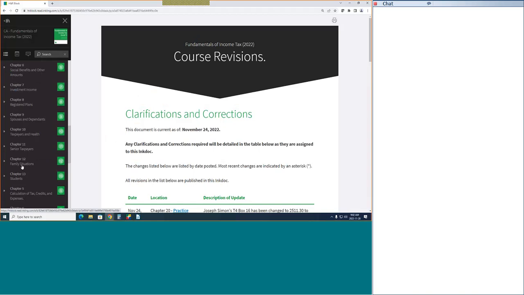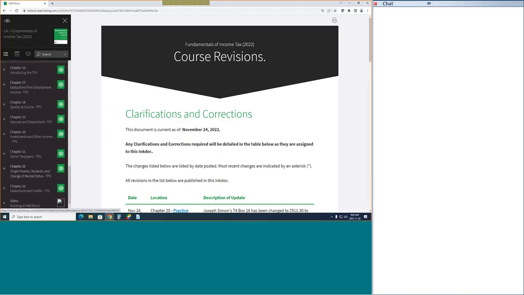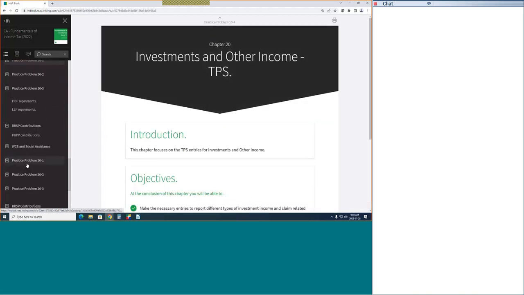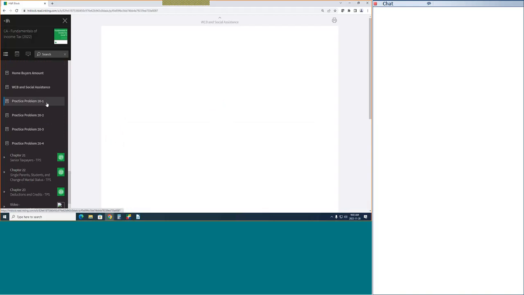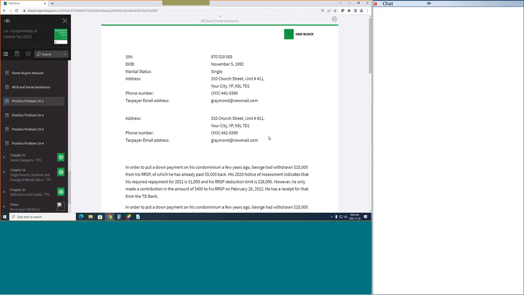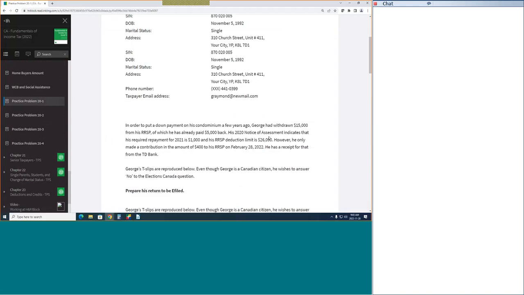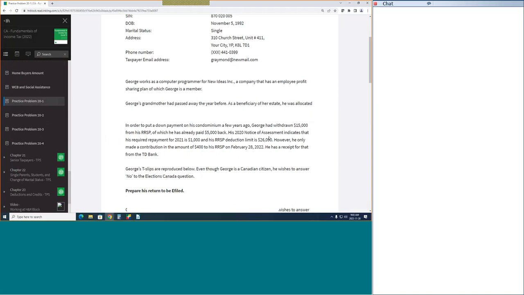And we're going to jump into our Chapter 20 at the very end and take a quick look at the practice problems. There were 4 practice problems for this chapter. And if I remember correctly, we did some of our RSP practice as well. I did warn everyone, make sure if you viewed your RSP theory, we're going to be getting into the difficult stuff today as well. But this is our last chance to take a look at some of the easier RSP